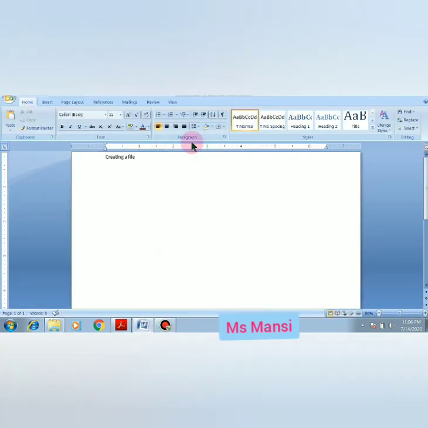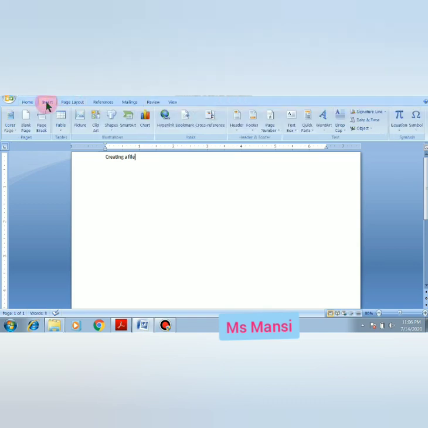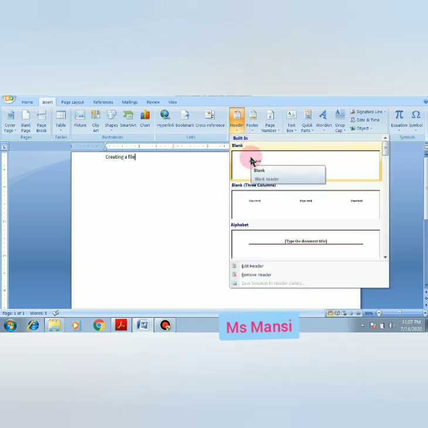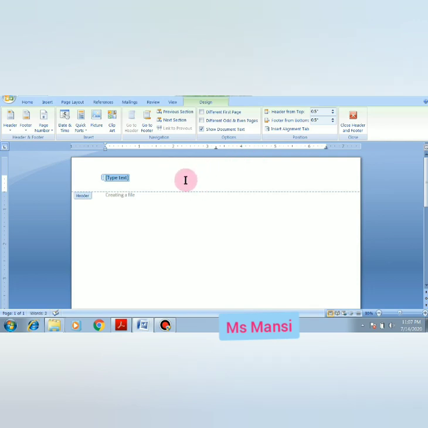This is my Microsoft Word window. I will click on the insert tab, then look here, this is your header and footer group, and here is the header button, and this is your footer button. I will click on the header section, blank. Now look here, this is your header section. Clear?